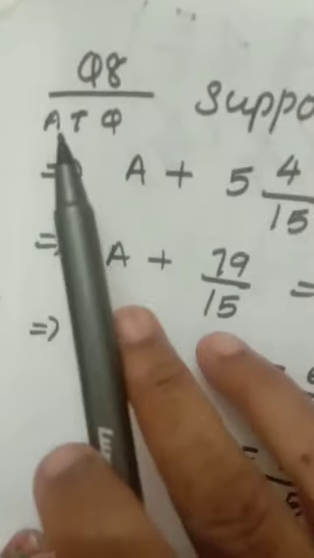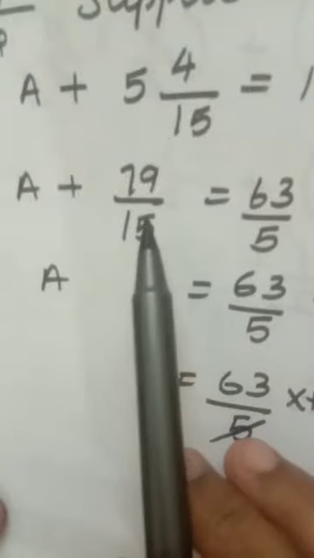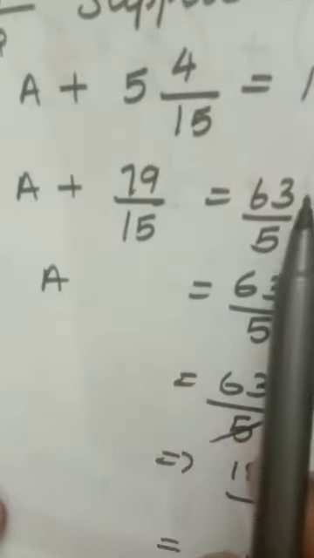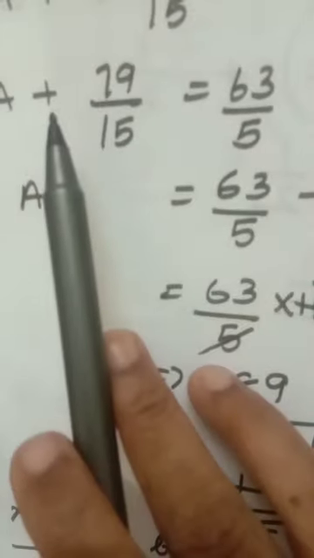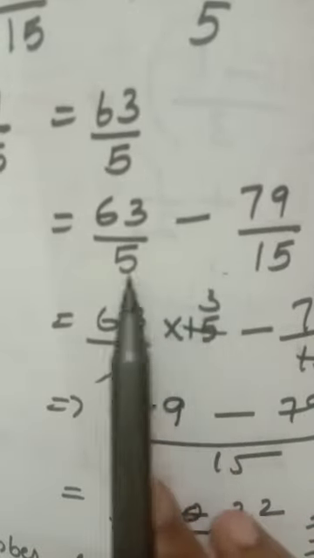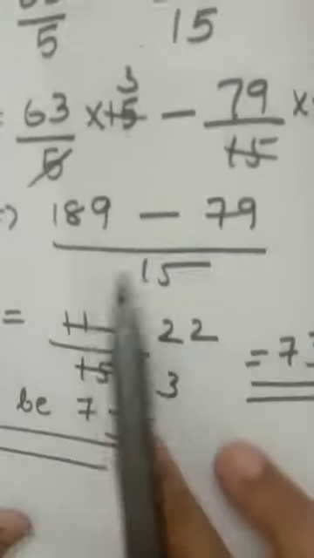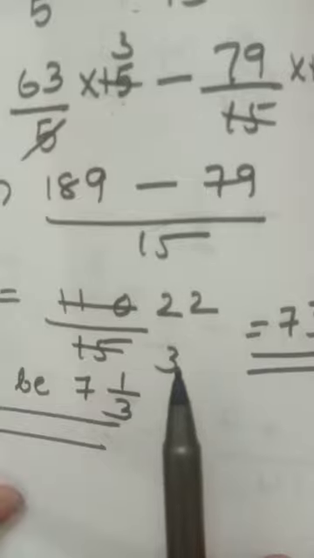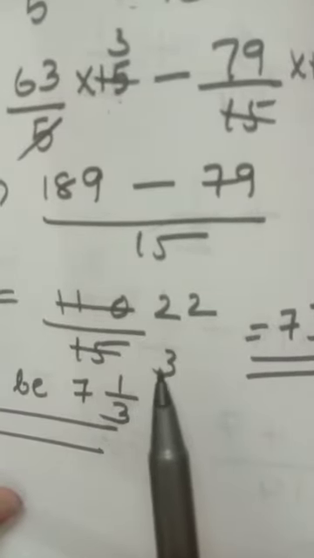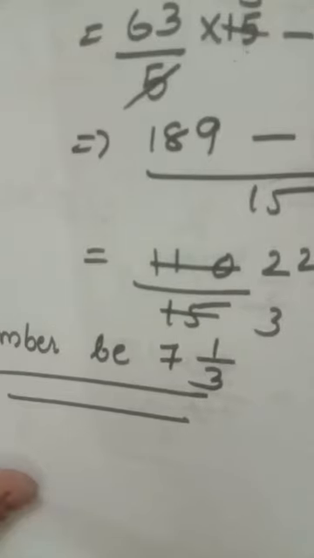A to Q meaning according to the question. Now A you want, A is the number you are adding. This number you convert this mixed to improper. After that this improper will be moved that side because you want A. Plus will come to minus sign. Denominators are different, so you have to make the denominator same. LCM 15. Okay, you are getting what is the answer? 22/3. Cutting, 5 table cutting. You are getting 7 and 1/3. That means your number is 7 and 1/3.